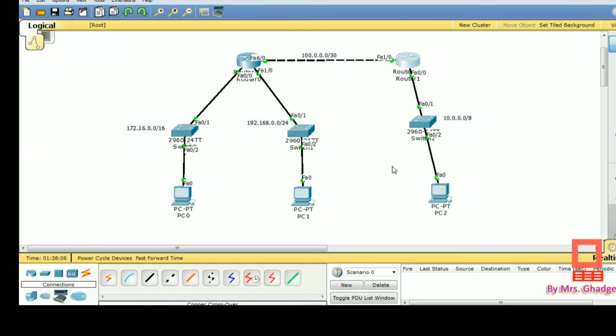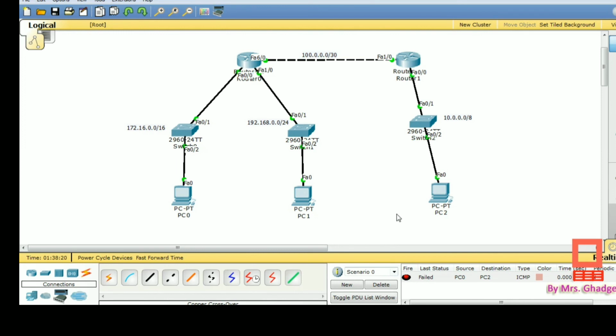Now you can see the connectivity here. Just click on simple PDU, click on PC0 and drop the packet at PC2. Okay, it will take some time in order to make this network work. I just delete it. Let us see how step by step we can send the packet.